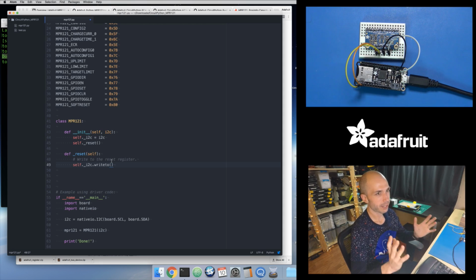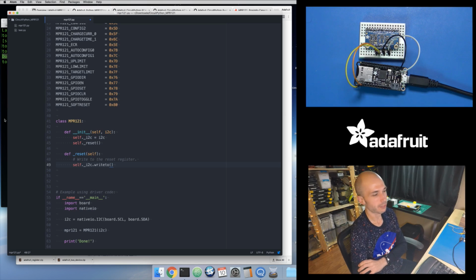So this doesn't have a concept of what device it should talk to. I actually need to tell it which device I'm going to talk to, basically this little device that's connected to my I2C bus. So I can do that by just passing a list of bytes to my device right here. You have to pass it a list or an iterable. And so now I can just pass it some bytes, and it's going to blast these bytes